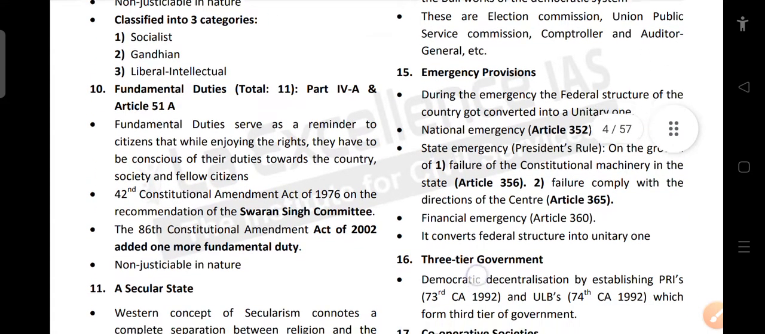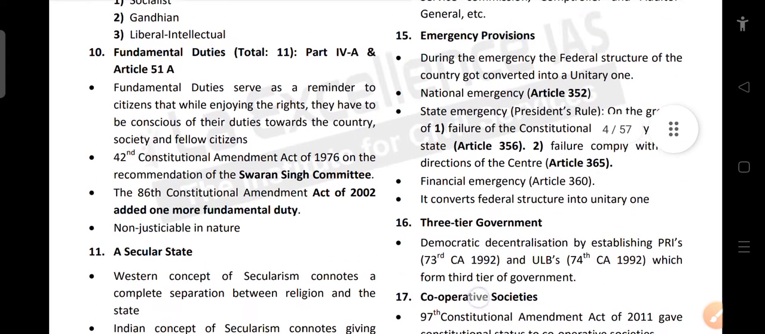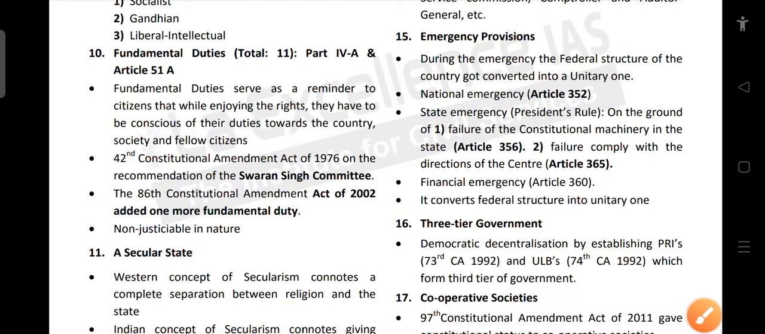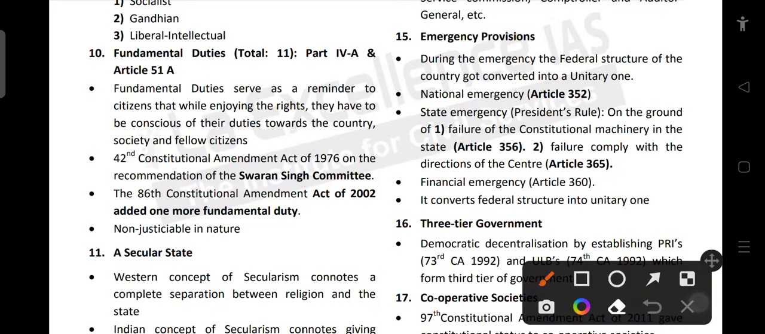And the next feature is fundamental duties. They are contained in Part 4A, and Article 51A talks about the fundamental duties. There are 11 such fundamental duties available in our Constitution. Fundamental duties serve as a reminder to the citizen that while we enjoy the rights, we have to be conscious of the duties towards the country,